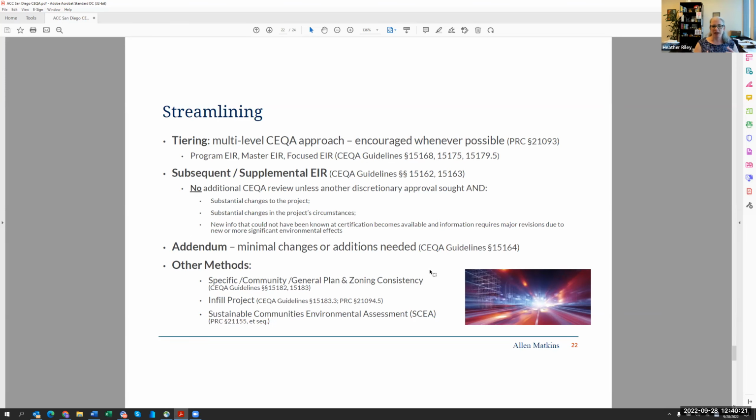Another option is a subsequent or supplemental EIR. You have a project that's being modified in some way. Maybe you were looking at 50 homes, now you're looking at 55. Maybe you were looking at 25 homes, now you're looking at 10 plus some retail downstairs. You can take the prior environmental document and do a subsequent or supplemental analysis, either an ND, MND, or EIR. There's some substantial change to the project or to the environment around the project, or there's some new information that didn't exist in the past that you now have to consider. Subsequent and supplemental EIRs have specific rules on how you go through this process to determine whether or not you have to prepare this new document.